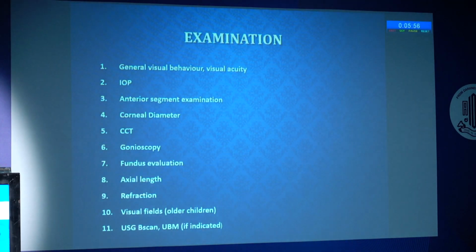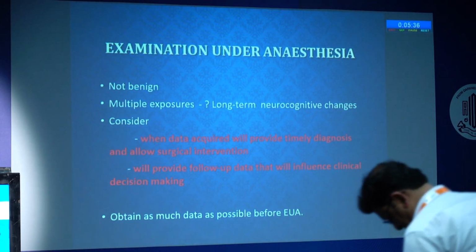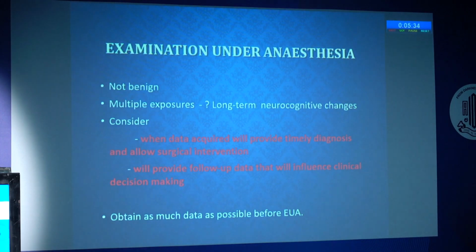Examination would consist of all these steps. We'll go through them one by one. And it's important to remember that examination under anesthesia is not entirely benign, and multiple exposures can lead to long-term neurocognitive changes. It is to be considered only when the data acquired will provide a timely diagnosis and also allow surgical intervention, hopefully in the same setting, or it will at least provide follow-up data that will significantly influence